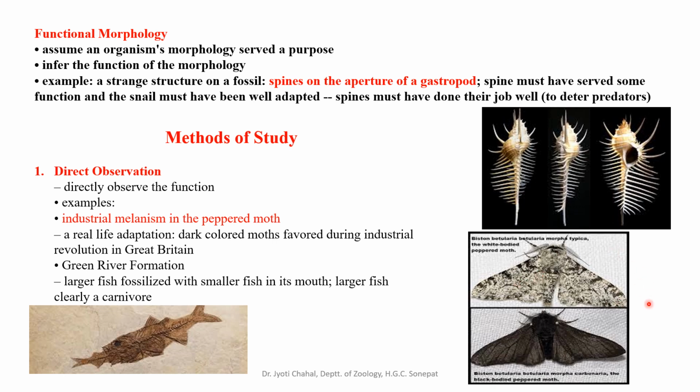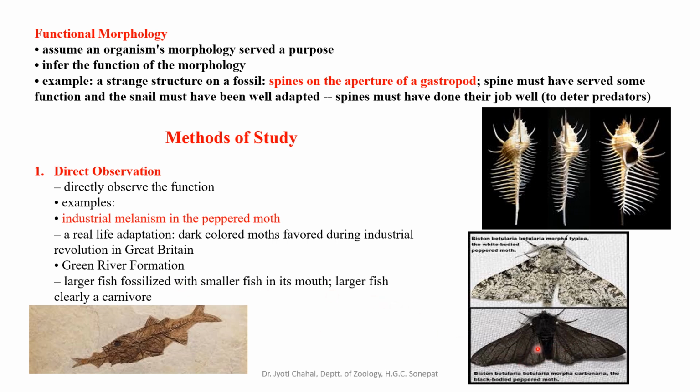So lichens died out, and the tree trunks became uncovered, and their dark color was revealed. Then by mutation some of the light colored moths changed their color to the darker side, and now these dark moths were invisible on the tree trunk because the trunk was itself dark, so they had an advantage from their color. So here comes the principle of Darwin, survival of the fittest. That dark moth was the fittest according to those conditions, so it survived. That was a case of functional morphology, that its dark color helped this organism to survive.